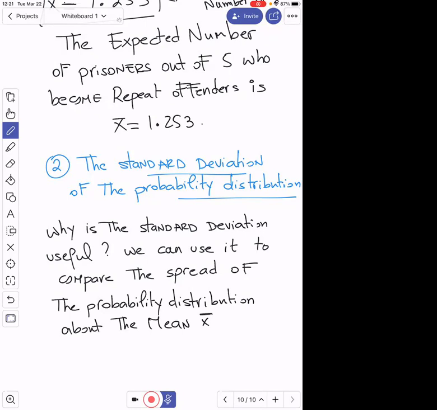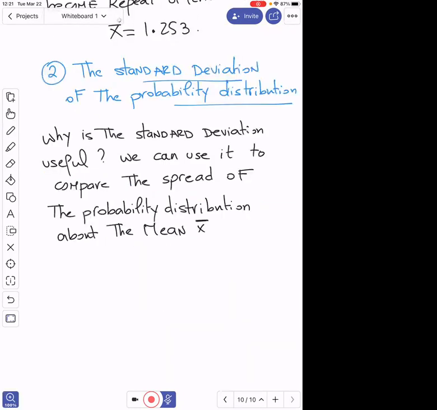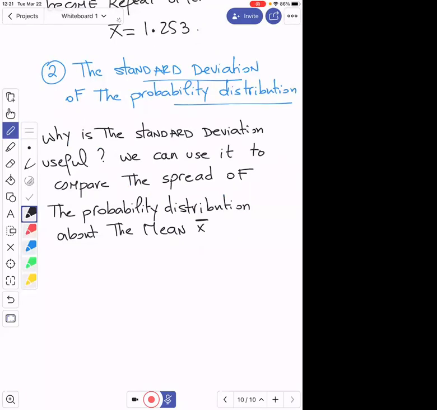So in this example, the standard deviation S. We're going to compute the standard deviation using two steps. In the first step, step one, we're going to compute the variance. So variance, S squared, which is actually just equal to the weighted average